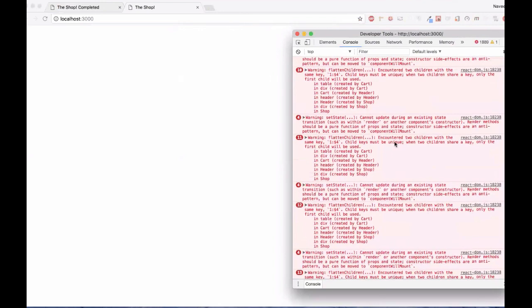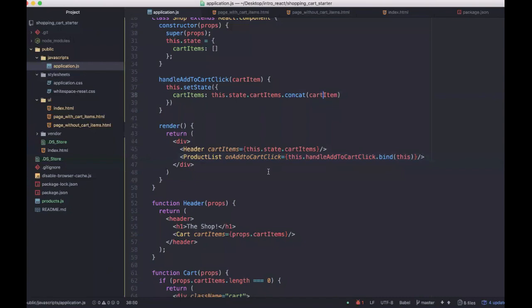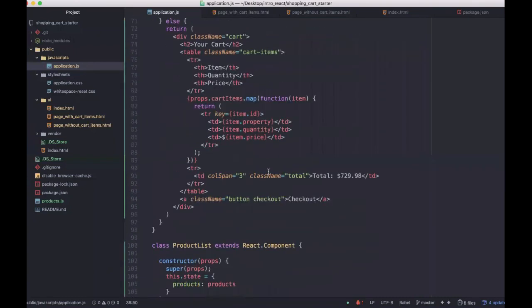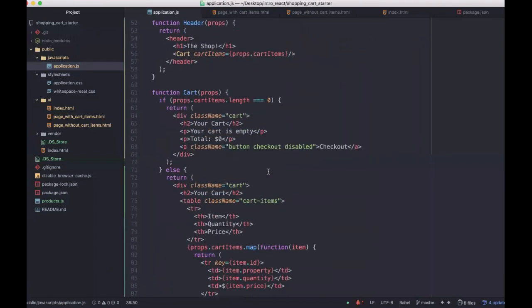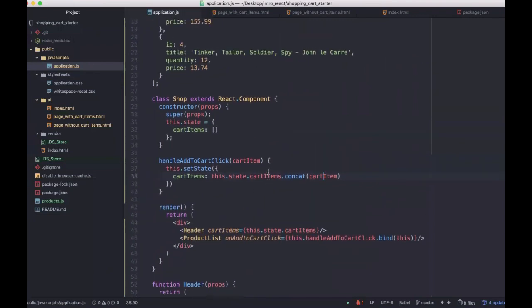Let's see. Warning: cannot do a state transition from existing state. Right. So let's check this out, and I think I know